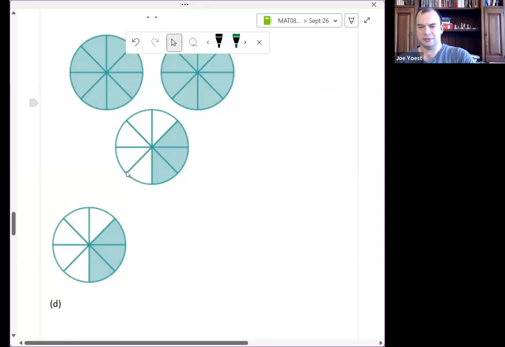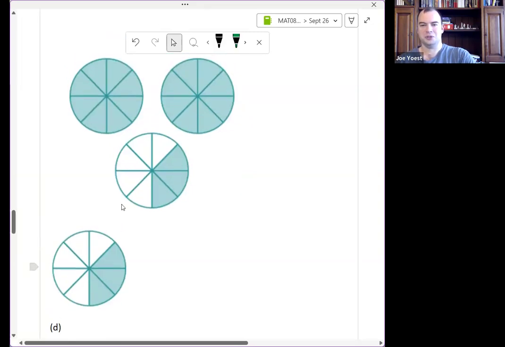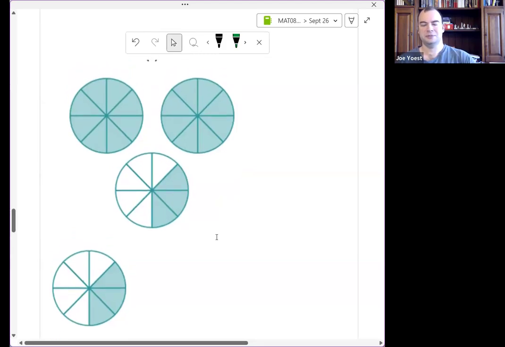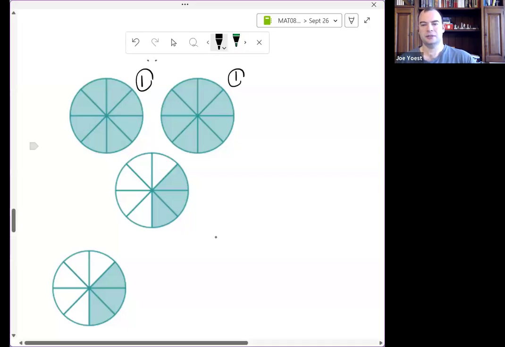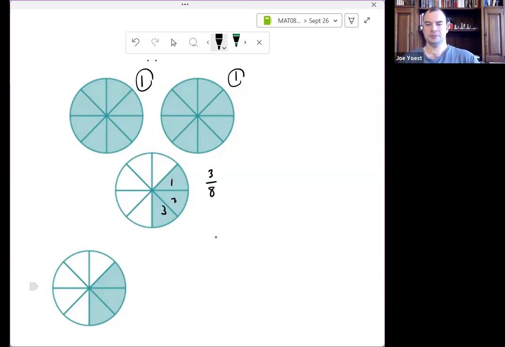For this problem, I had to kind of rig this up. So these are all supposed to go together. So all of these together, what would this give us? So I have one whole here, one whole here. Here I have, well, this circle is split into slices, into 8 slices. So I have eighths. And I have 1, 2, 3/8. And then I have another 3/8, right?